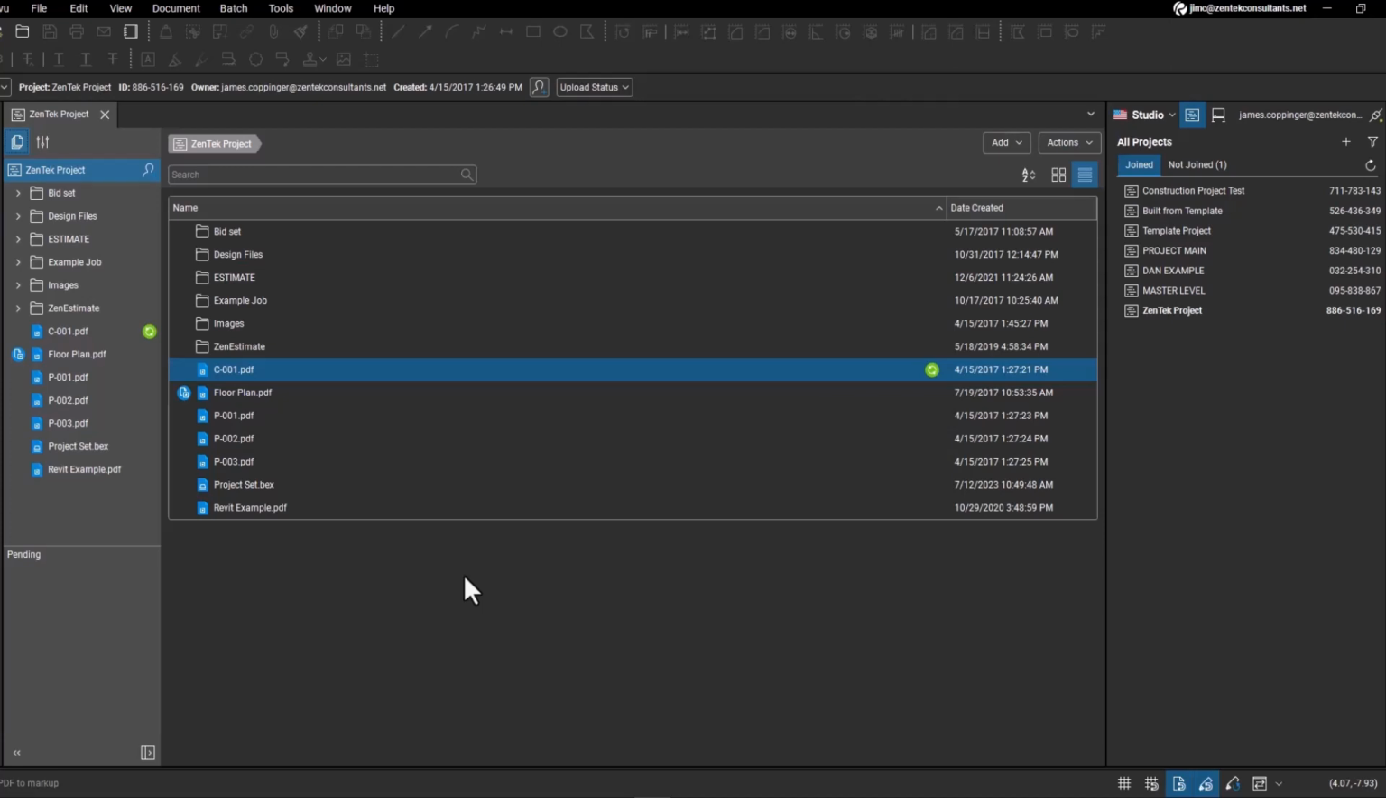So the idea is that I go in and I've opened up an example project here. And let's say I want to edit this C001 drawing. And this could be anything, right? I can go to my bid set and open up schedules and contracts or whatever else. It doesn't really matter. But I'll just show you here, because if I go ahead and open this up